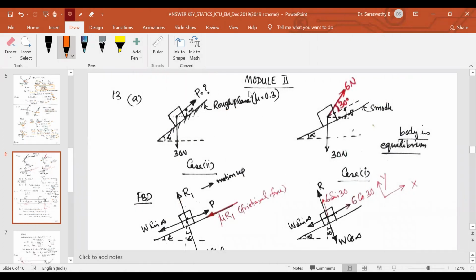Next, we'll pass on to module 2. In module 2, there are 2 questions. You have to answer any one question. For the first question, 13a,